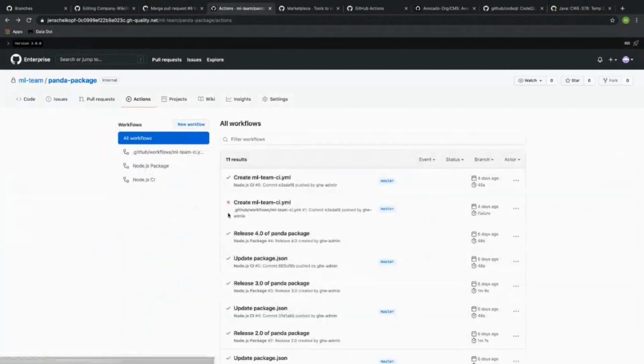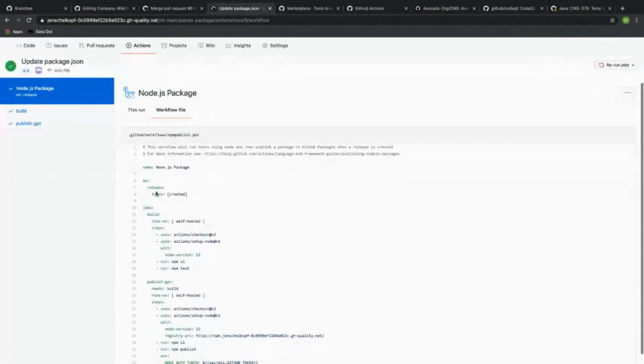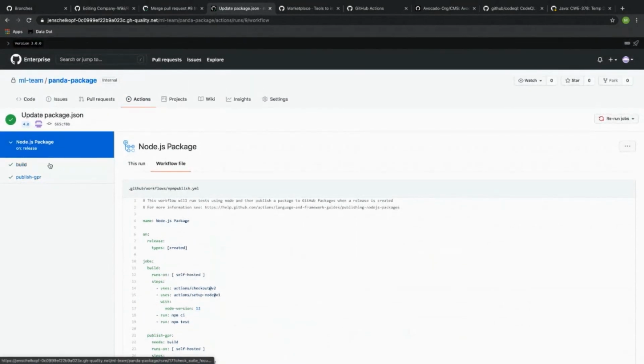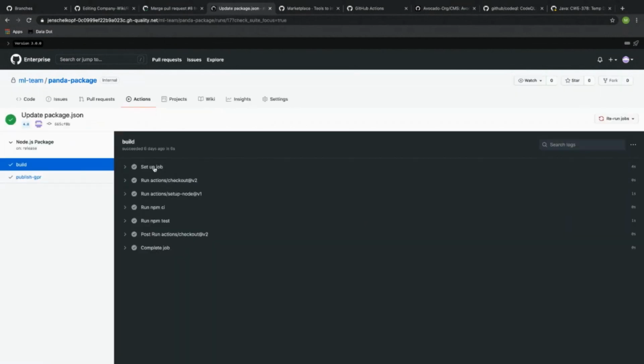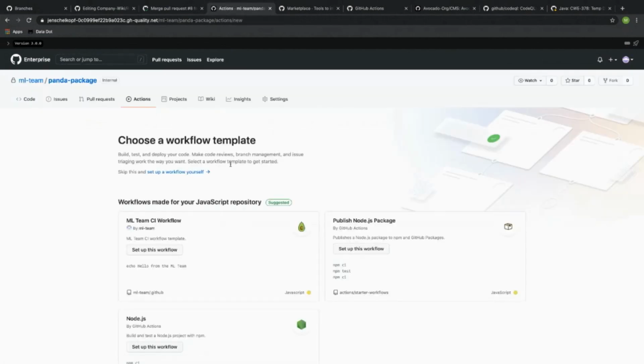My second workflow is then going to run whenever I create a release. Again, on my self-hosted runners, it's going to check out my code, and it's going to publish a package to my package registry. We can see here the full workflow, search the logs, download them, makes debugging really easy if something goes wrong. If I want to set up a new action, all I do is click here, and immediately